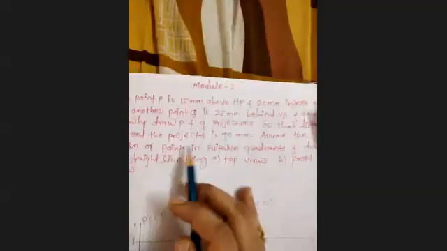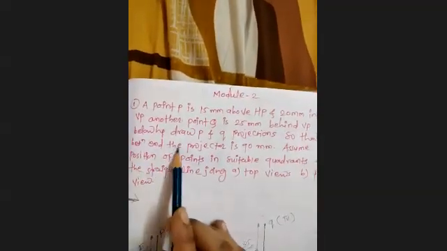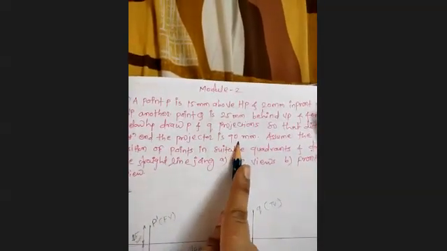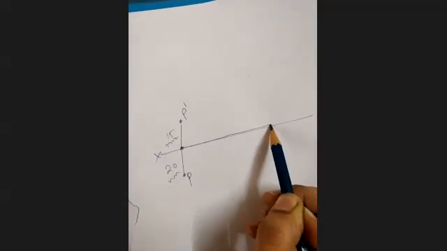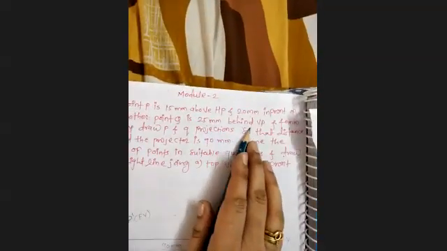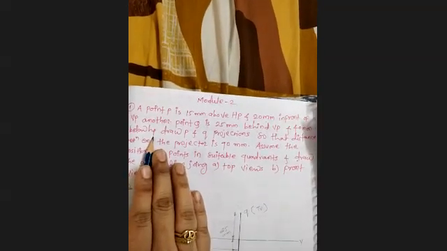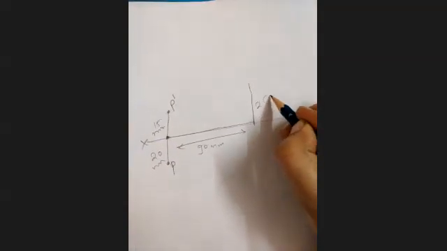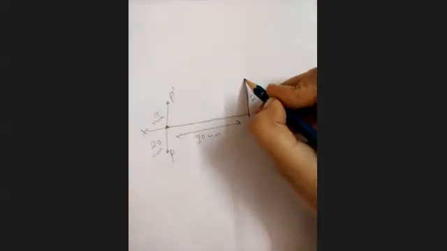After that, here they mention the projector distance between P and Q. The distance mentioned is 90 mm. Means from this point, take 90 mm distance using your scale. This distance is 90 mm. And from this point, Q point, 25 mm behind VP and 40 mm below HP. Means how to draw? Behind the VP, front view, above the reference line. Below HP, top view. Okay, and this point is Q.